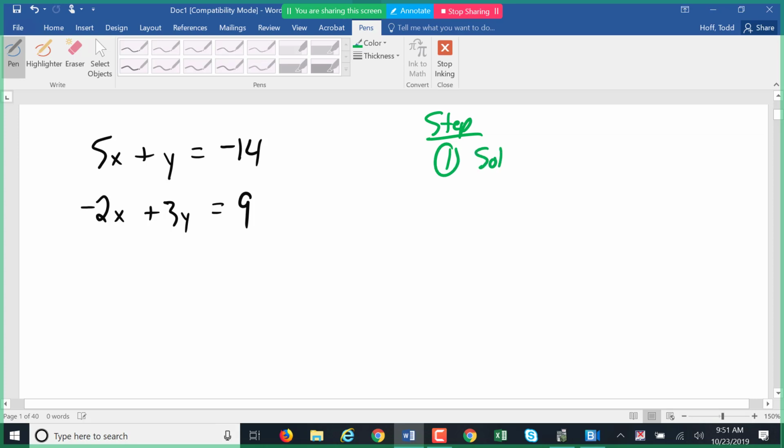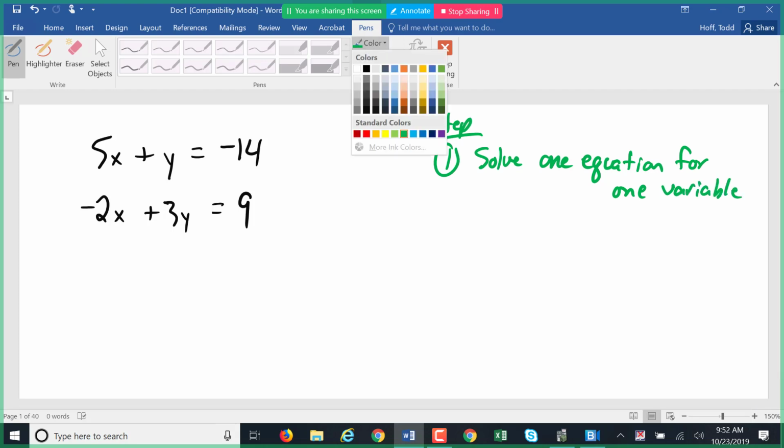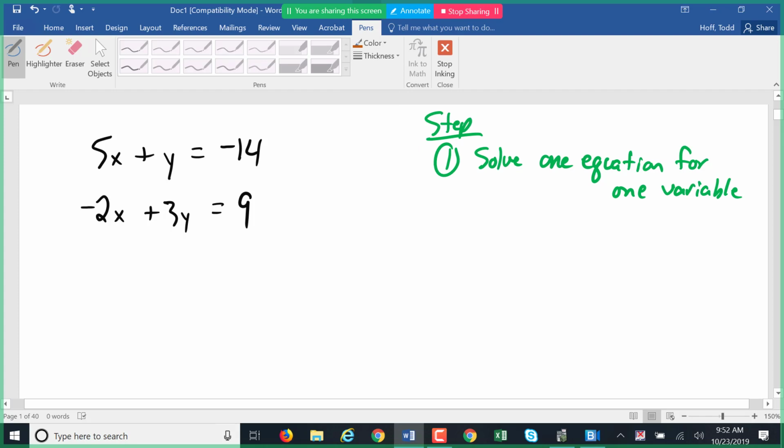is going to be to solve one equation for one variable. It doesn't matter which equation or which variable. Generally, however, we try to find an equation that's going to be easy to solve for one variable. What I mean by that is that when we solve for that variable, we're not going to get some ugly decimals or fractions. Here, there's a very obvious variable we should solve for. That's the y in the first equation, because it has a coefficient of 1. So when we solve for y, we're not going to divide by anything,